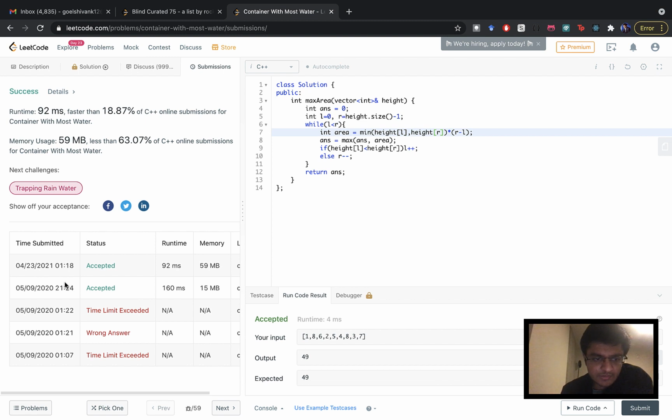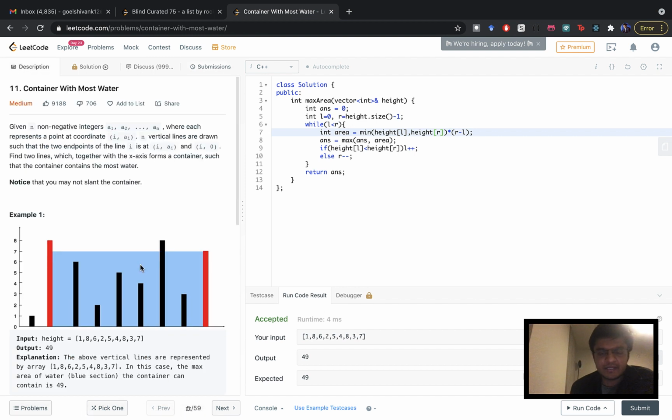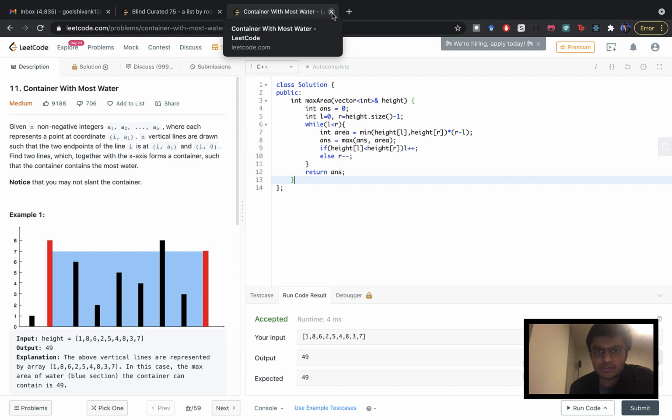Wow, last I solved this question in 2020. So yeah, solution has been accepted. The idea is a bit tricky, but the code is very simple. So let's jump to the next question,